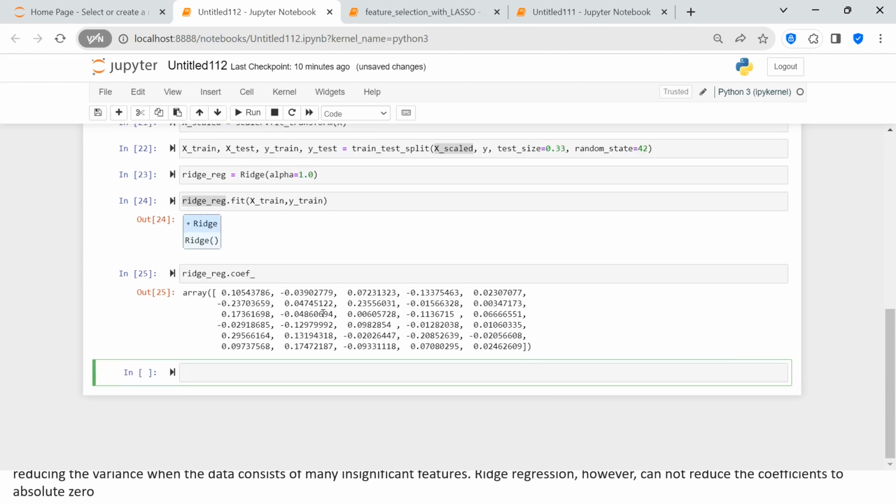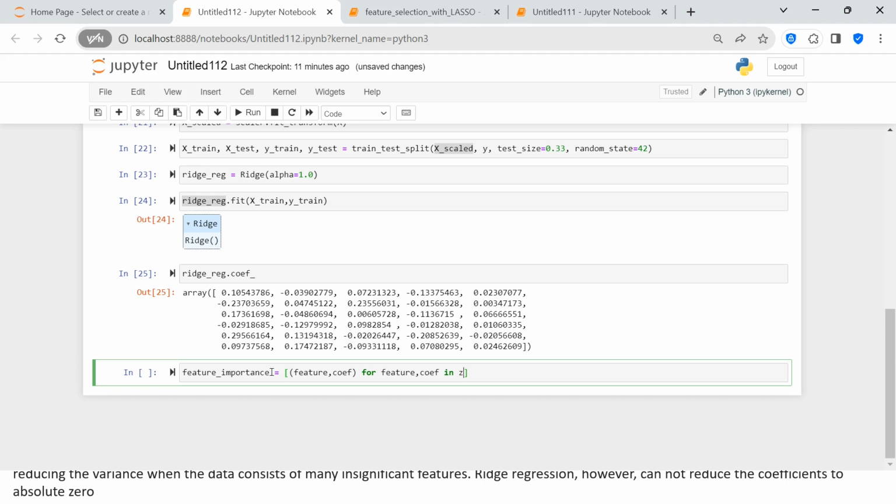So this is the set of coefficients which we have got. Now we don't know which coefficient refers to which feature, right? So we are going to do this. We are going to create feature importance, and over here I'm going to say feature. So we require two things. One is the feature name, against that we want to put the importance, I mean the coefficient of it. So here I'm going to say feature comma coef for feature comma coef in